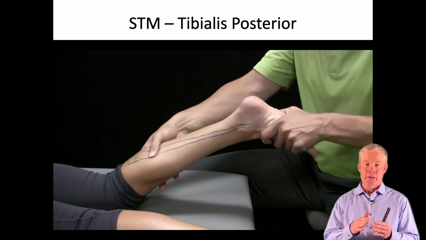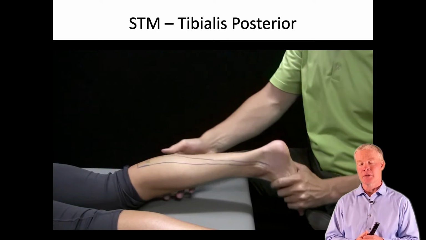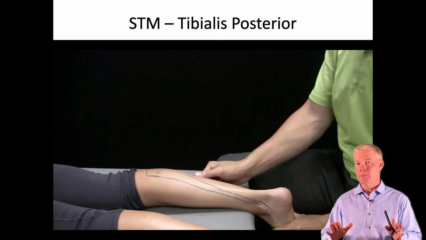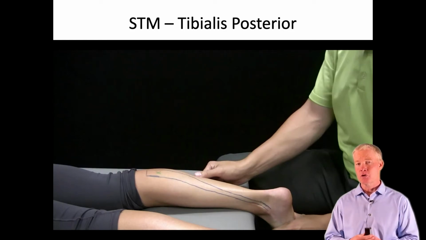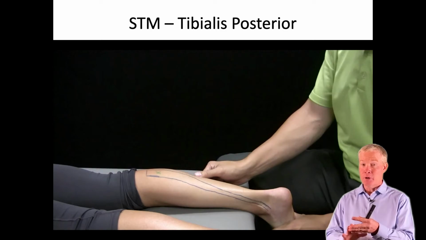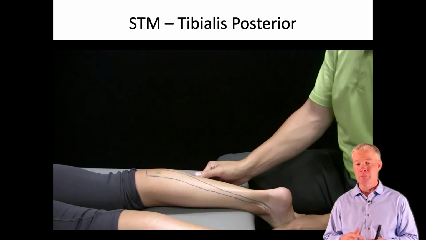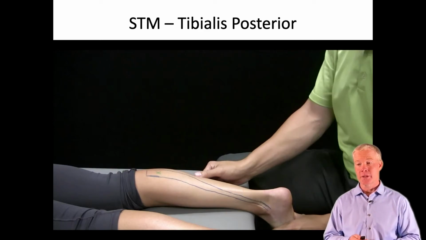And as it runs around that medial malleolus, a lot of times it will become irritated in a posterior tibial tendinopathy. But it's also being chronically stretched, especially in a patient who has fallen arches or hyperpronation. That chronic stretch and hyperpronation, which are very crucial to the development of medial tibial stress syndrome, also cause irritation of the muscle. So we're going to work out the trigger points within that muscle.